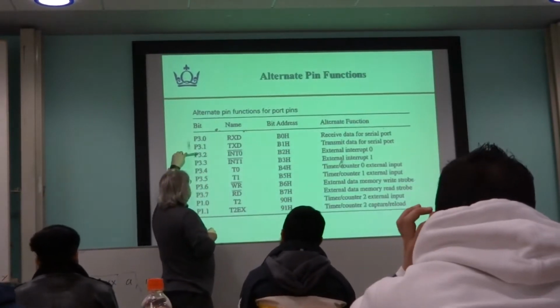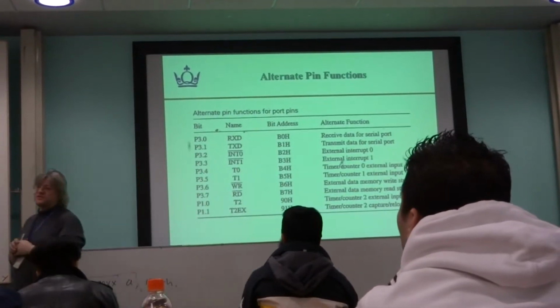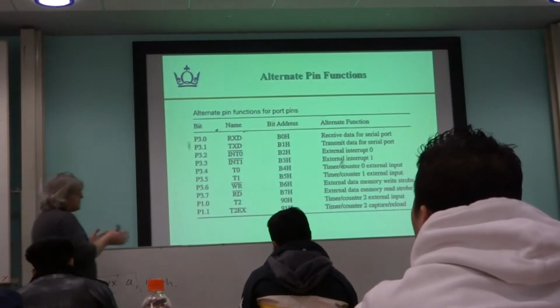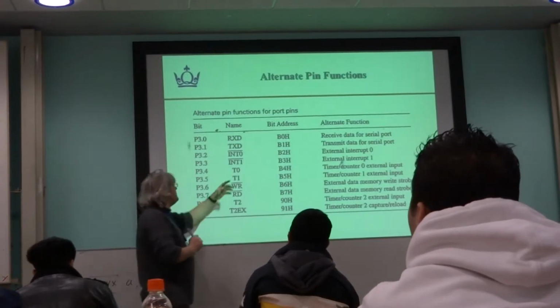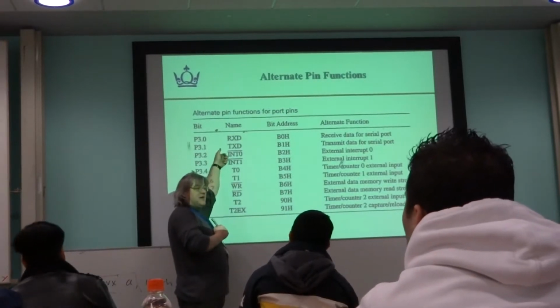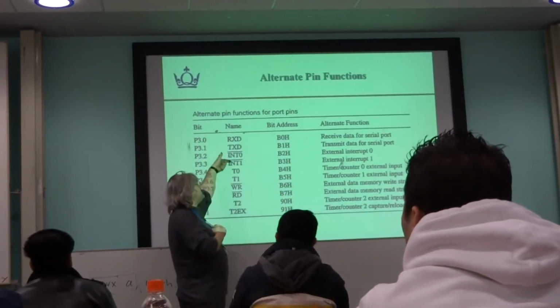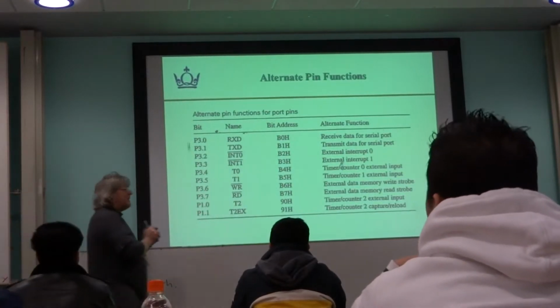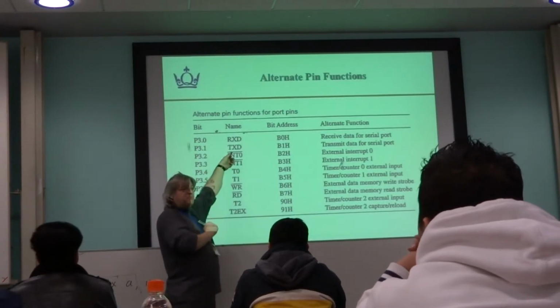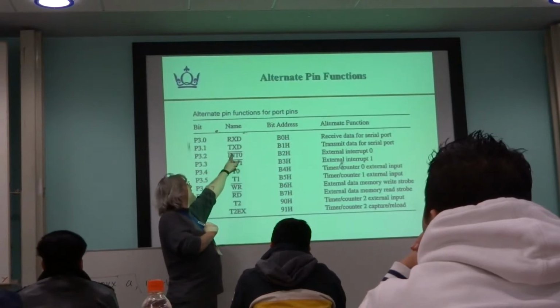The next 2 pins, 3.2 and 3.3, it says INT0 and INT1. They are external interrupt pins. The microcontroller will be busily working its way through a program and doing whatever you want it to do, but sometimes you actually want it to be able to stop doing what it's doing and to pay particular attention to something urgent that's just happened. Each of these pins can be wired up to something externally, such that when that happens, it stops doing what it's doing and will go to a very special part of the code memory and try running the program from there. An example might be you connect your brake pedal of your car to one of these pins, so that